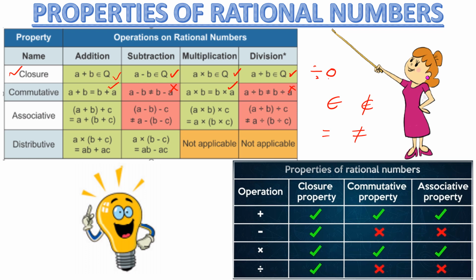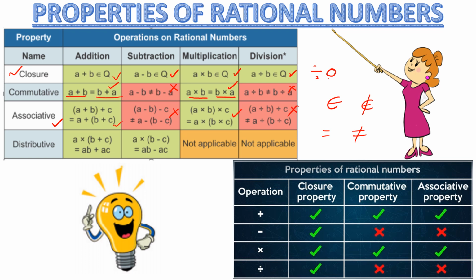So look at that now, commutative property. It is satisfied under addition, it is not satisfied under subtraction, and it is satisfied under multiplication. It is not satisfied under division, right? So look at that, a plus b equals b plus a, that is commutative property. a into b equals b into a, that is commutative property. Understand? So now let us see what is associative property. a plus b plus c equals a plus b plus c. It is satisfied under addition, right? Now let us see here, that is not satisfied under subtraction. Now here that is satisfied under multiplication. It is not satisfied under division.